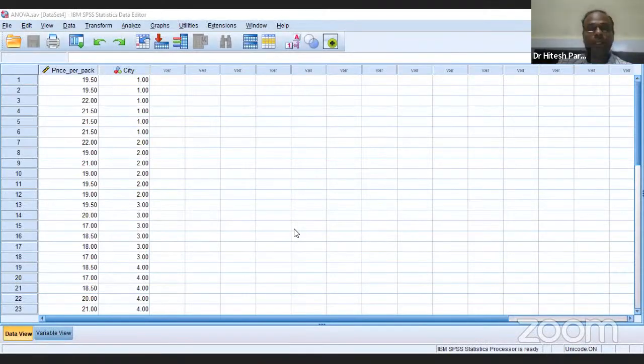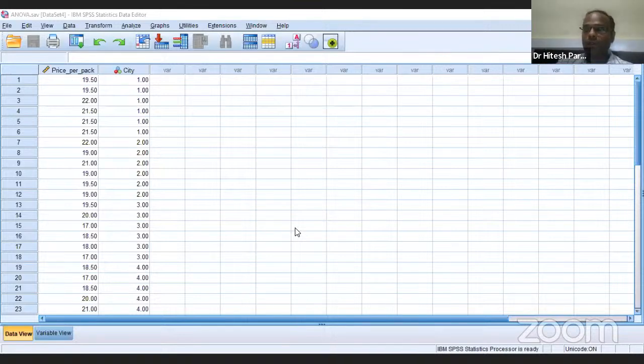Independent sample t-test we understood. How many groups do we compare in an independent sample t-test? Two groups, right? In an independent sample t-test we compare 2 groups. So there will be situations where we will have more than 2 groups also, right? Always in research we never get exactly 2 groups, but there will be situations where we will get more than